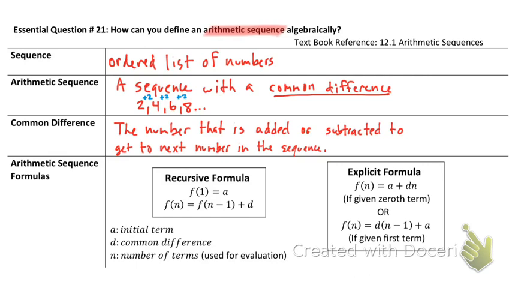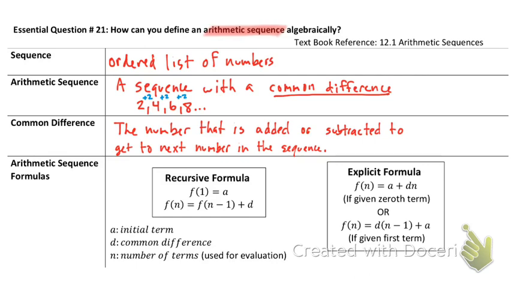Next thing we have here are some formulas that we're going to talk about and use. So again, here comes the M word. You got to memorize this. This is called the recursive formula. And this one, the explicit formula, has 2 types of formulas. Okay? You got to memorize all 3 of these. So what's the difference between recursive and explicit? The best way to describe it is recursive